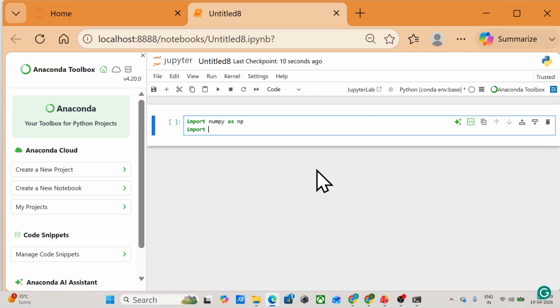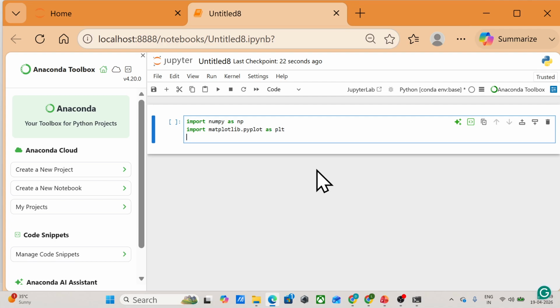We have to plot, so we need matplotlib, then we need sklearn.